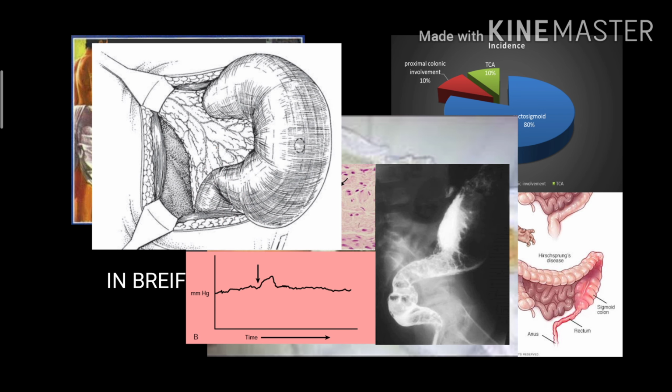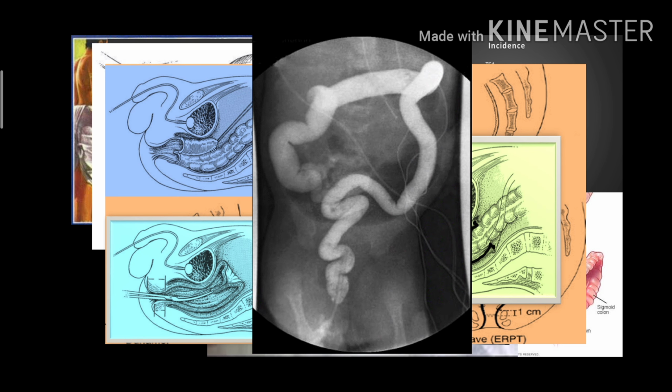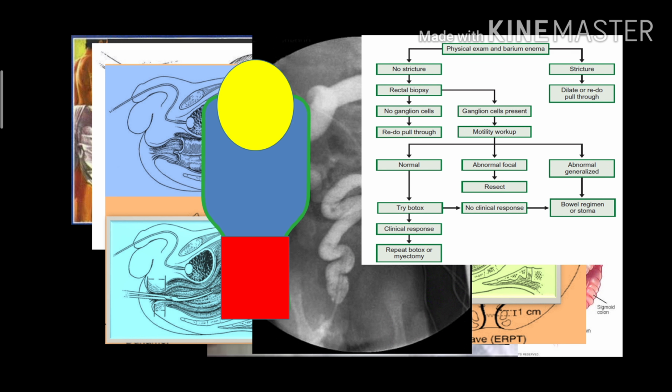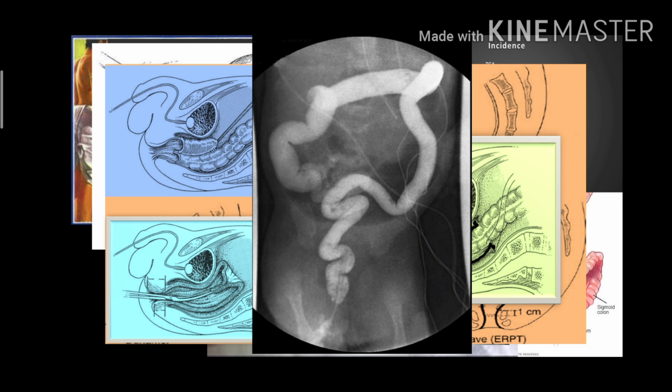And we have discussed our initial management of colostomy, a leveling colostomy, how we take the biopsy in the case of a leveling colostomy. And then we have discussed the different types of definitive procedures like Duhamel, Swenson, and Sauvage procedure. And we have discussed the procedures in detail. We have also discussed long segment HD, and also the long-term problems associated with HD. So that is all regarding Hirschsprung's disease.